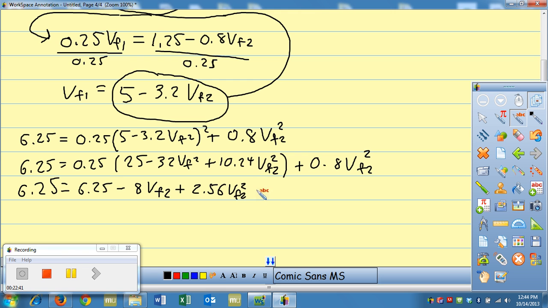VF2 squared plus 0.8 VF2 squared. So subtract 6.25 from both sides. Maybe it's not that bad. Yeah, it's not that bad. 0 equals, we got a VF2 here and 2 VF2 squared there. So that's going to be negative 8 VF2 plus, let's see, 2.56 plus 0.8, 3.36